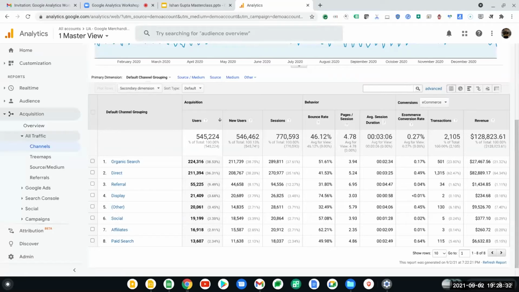I'm sure a lot of you would have come across search links wherein you're searching for something else, you click on the link, but the landing page is completely different. So maybe the advertiser linked it to a wrong landing page by mistake, and that's the reason people are bouncing off.